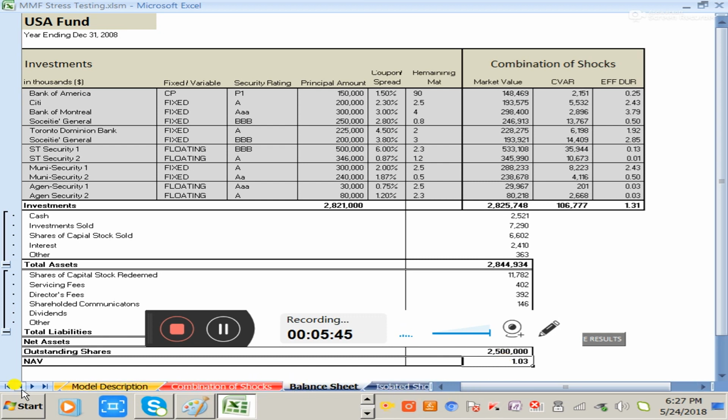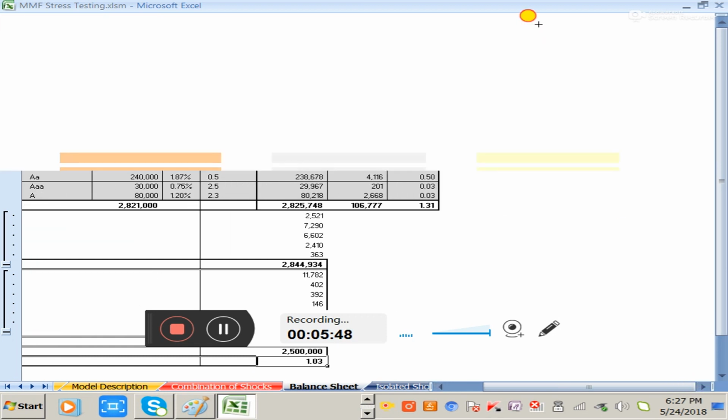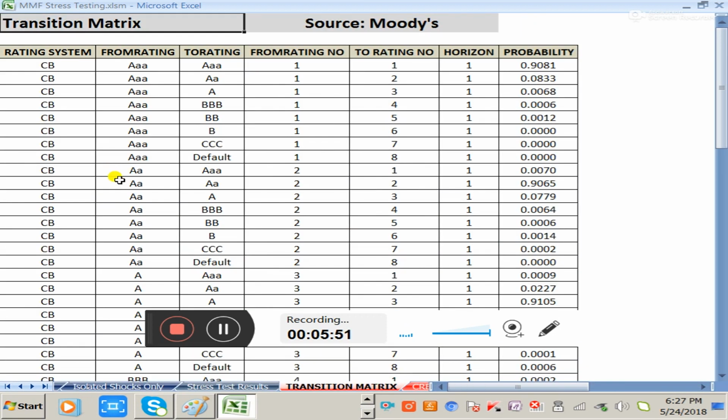Going back to the home screen, the second sheet that I really want to stress upon is the transition metrics. Transition metrics is a metrics which gives you the probability of movement from one grade to another grade. Suppose an investment security is currently rated AAA, and if it is downgraded to BBB, a non-investment grade, then the probability of such a movement